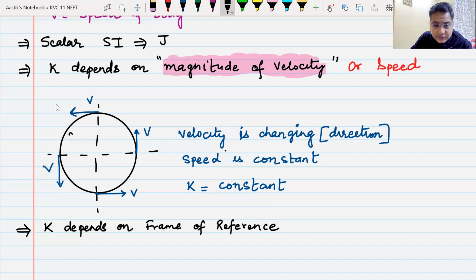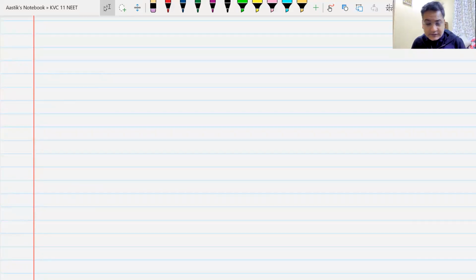Now we come to the next point, and this is a very important aspect of your NEET exam, because every time a question comes on work, power, and energy, it comes from this particular section, and it is almost certain that you might have a question based on this in this year's exam as well. So you can write the heading: relation between